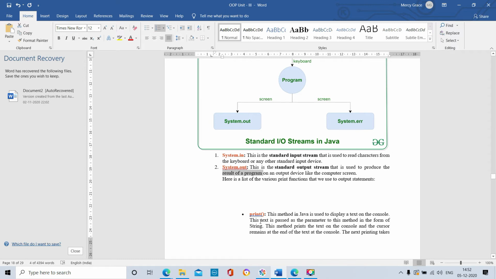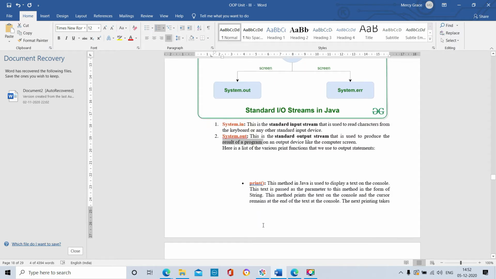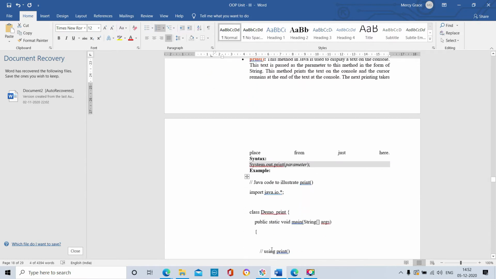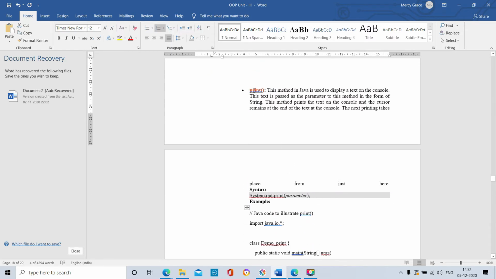System dot out again contains some methods: print method, println method, printf method. So the print method, print open bracket close bracket, this is known as a method. This method in Java is used to display a text on the console, on our output screen. Simply you can say print is the method name used to display the output on the screen.